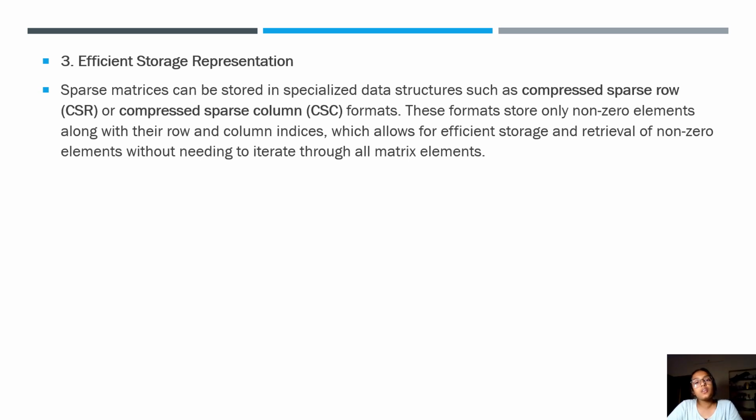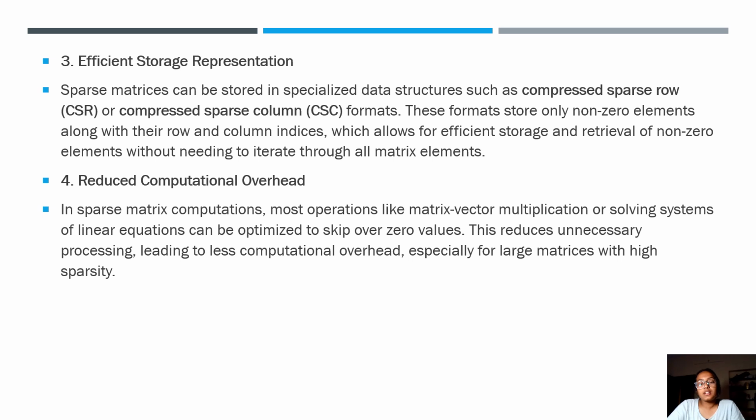This way, storage representation is more efficient and easier to access. Reduced computational overhead means that in sparse matrix computation, most operations like matrix vector multiplication or solving systems of linear equations can be optimized by skipping the zero values. Such operations usually take a lot of time in general, but when we have a lot of zero values, we are using all that time in calculating and it will end up in a value that is also not significant to us. So in such cases, we can reduce unnecessary processing, leading to reduced computational overhead, especially with large matrices and